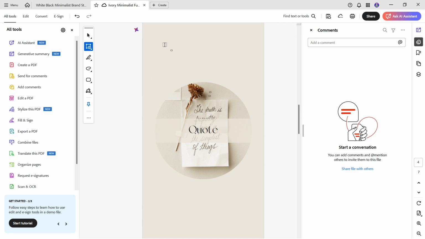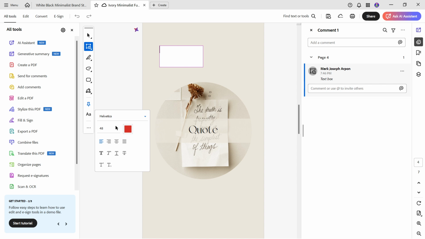Now that you've selected the Add Text Comment tool, you can create a text box on your document. Click anywhere on the page where you want the text box to appear. You'll notice a box popping up where you can start typing. Feel free to adjust the size of the box to accommodate the length of your text. You can do this by clicking and dragging the corners of the box to expand or reduce its size according